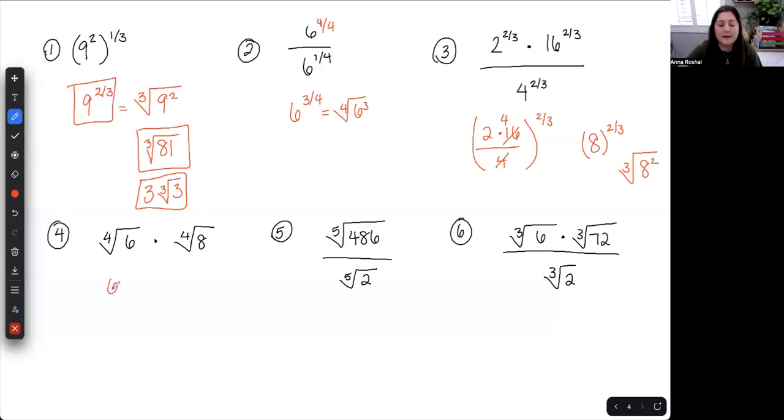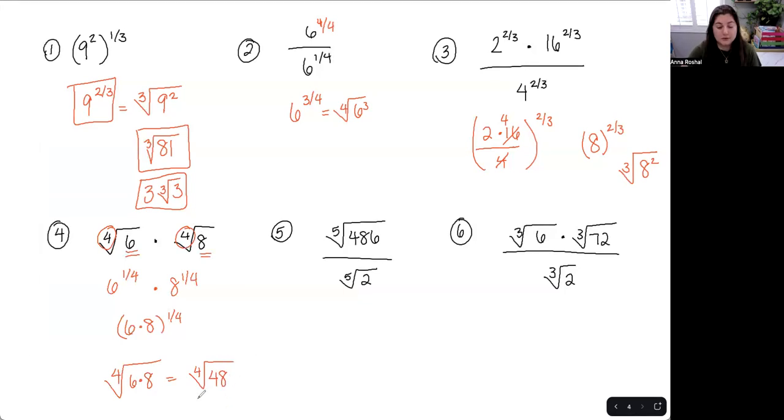So in this case, I have 6 to the 1/4 power and 8 to the 1/4 power. So I can technically say I have 6 times 8 to the 1/4 power, right? Or I can simply recognize that these are both fourth powers, so I can just multiply these two within that radical, right? So then I'm looking for the fourth root of 48,